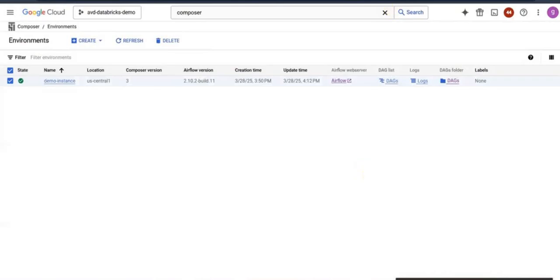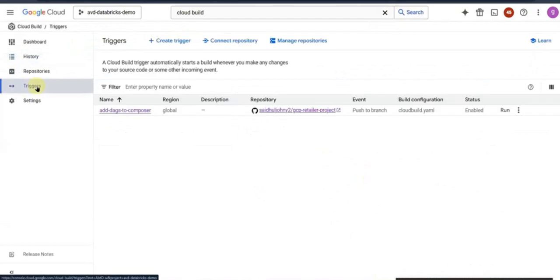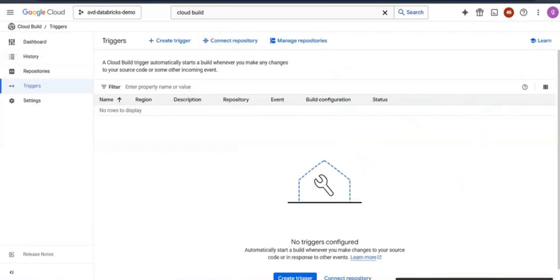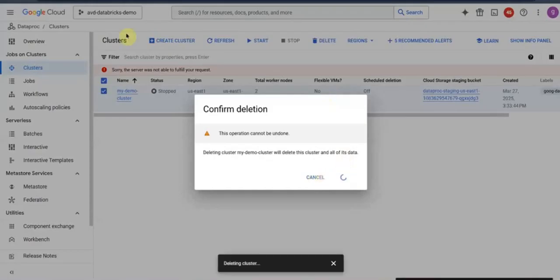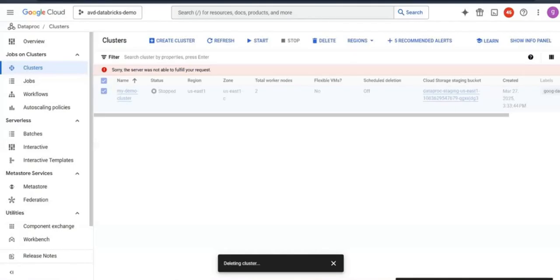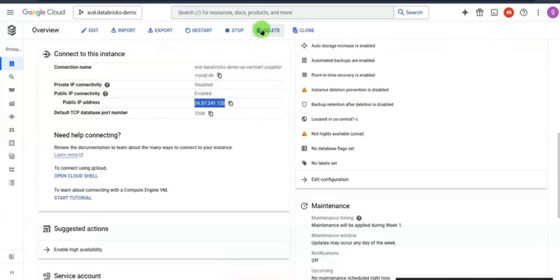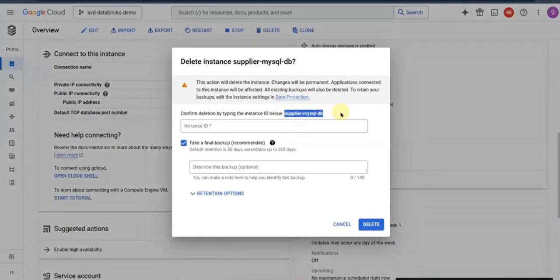And similarly, Cloud Build also. Go to the triggers in Cloud Build and try to delete them. These are very costly, guys, I'm telling you. And for the Dataproc cluster also, go to the Dataproc cluster and delete it. And similarly, Cloud SQL instances, go and delete them. Cloud SQL supplier DB instance,